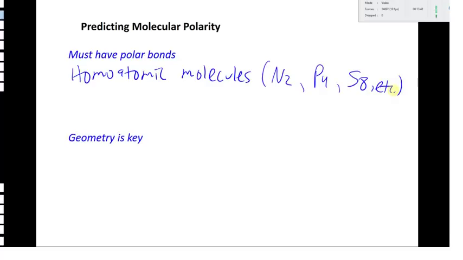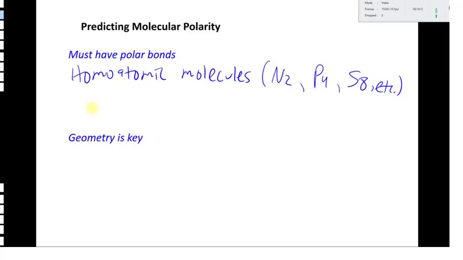But a lot of the nonmetal elements exist as di or even larger order polyatomic molecules. So, O2, N2, F2, Cl2, all of those, if it's just the same atom bonded together, it's going to be nonpolar because all the bonds are nonpolar, right? If you have two of the same atom bonded to each other, it's nonpolar. The one exception where you do have the same type of atom, but it's going to be a polar molecule,